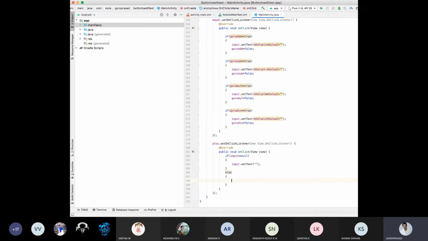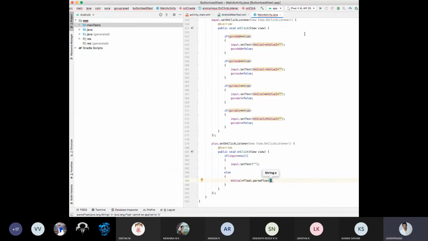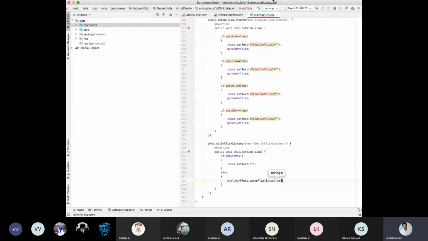Else, you should say m value 1 is equal to, since you have taken float data type, Float dot parse float, whatever the edit text input dot get text, plus, semicolon.